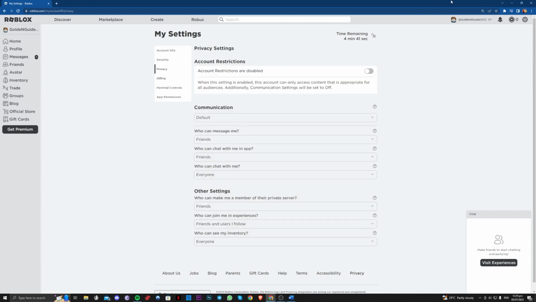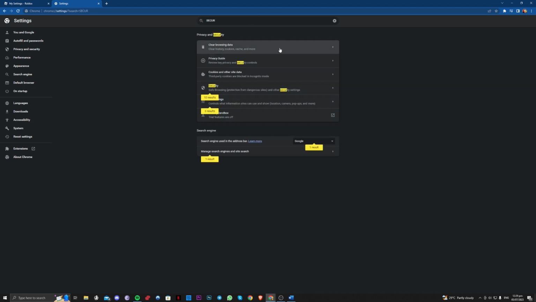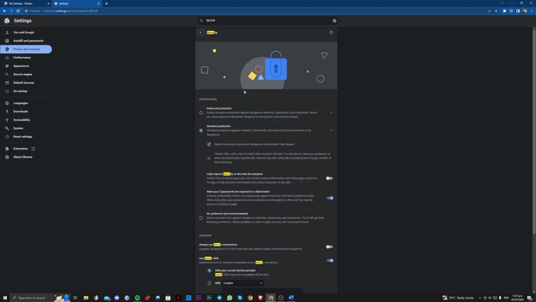Okay. So after going over that, try this third step. Go over to your settings here and your browser security settings. Search for security on the search bar on your settings here. So you just have to go over to the three dots on your Chrome. Okay, so make sure that it is standard, not enhanced, and not no protection, because you don't want to have any viruses on your device. Make sure it is only set to standard so it will not be that strict when it comes to joining